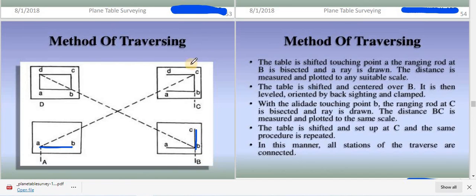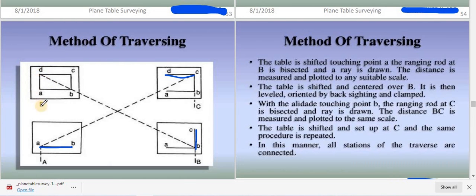After that, again shift the instrument to point C. Perform all the centering and leveling work, do the orientation, and then bisect the ranging rod at D. With the help of a suitable scale, draw D. After that shift the instrument to point D, perform centering and leveling, and orientation is done.